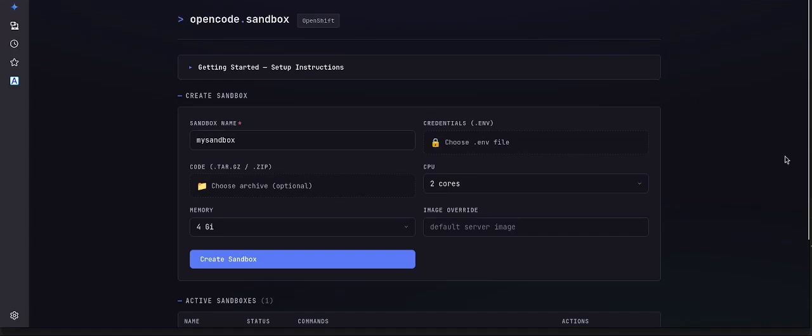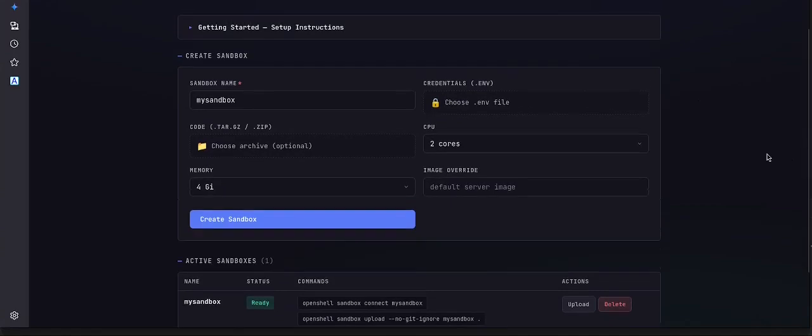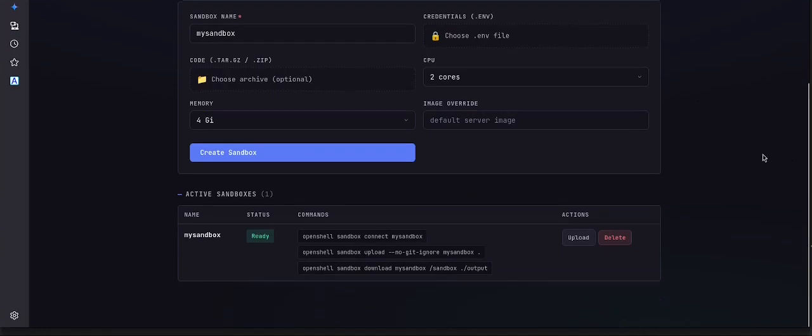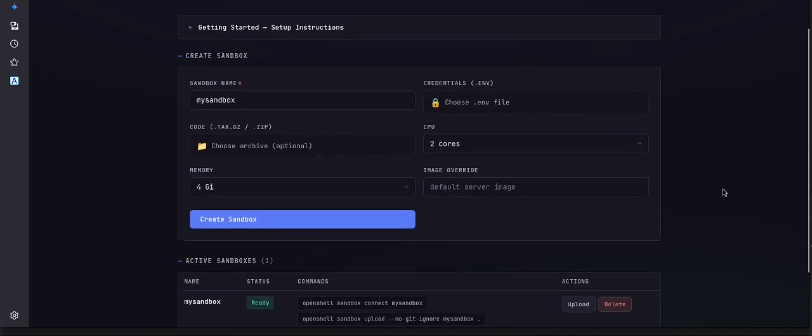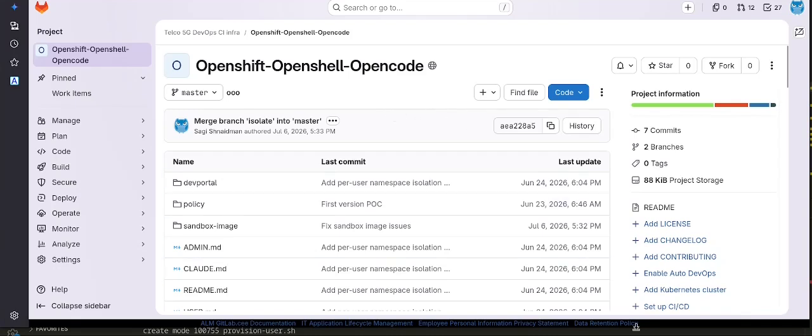So we saw how to create a sandbox via Devportal and how to connect to it in 3 different ways, with Openshell, Openshift, and SSH clients. And we can, of course, delete it both from Devportal or just run the openshell sandbox delete command. And the code is in this repository in GitLab right now, but it will be moved to GitHub.